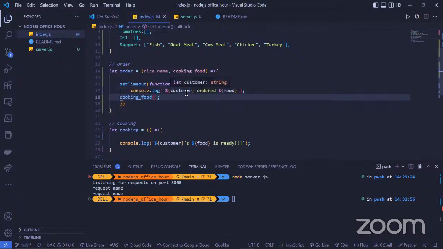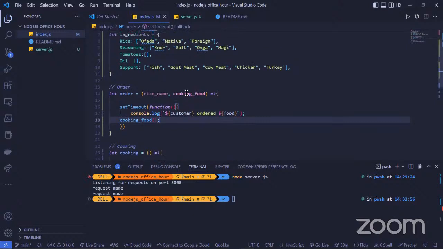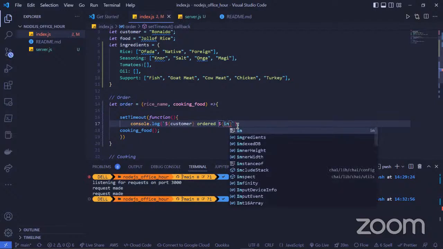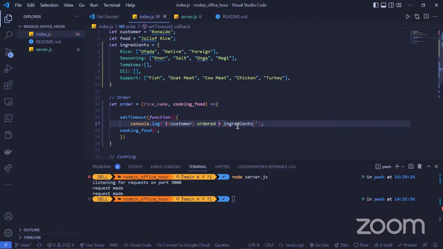And here, instead of just saying customer ordered food, we can say ordered ingredients.rice.